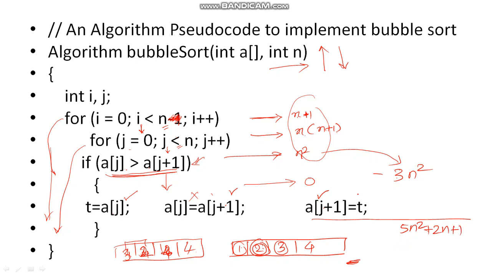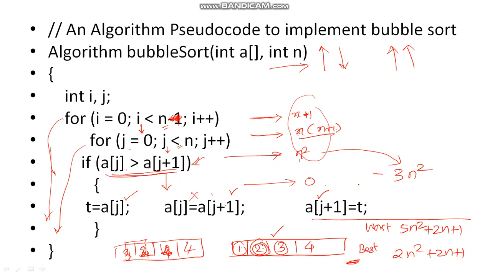One complexity I am getting, and another complexity wherein if I give the sorted array, I want to sort it in ascending order, and the given input is in ascending order. In that case these instructions will not be executed, this will be 0, and in that case I get the equation 2n square plus 2n plus 1. So only this will be executed. So 2n square into this n square, 2n square, n into 1 n plus n, 2n plus 1. So this is the worst case, this is the best case.